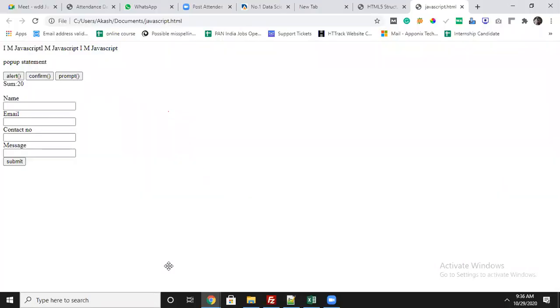Now see, the form is ready: name, email, contact number, and message. If you want a big text box for the message, you can take a textarea, because the message will be big. It depends on what information you want to fill in there. That is the reason my recommendation is to do it with the help of textarea.